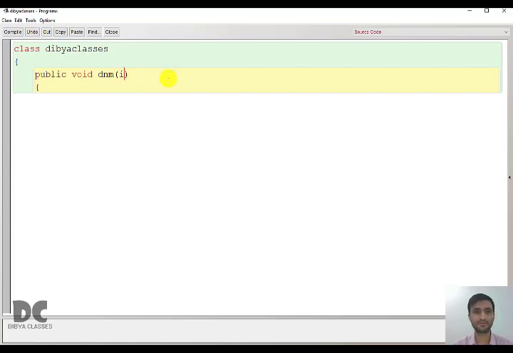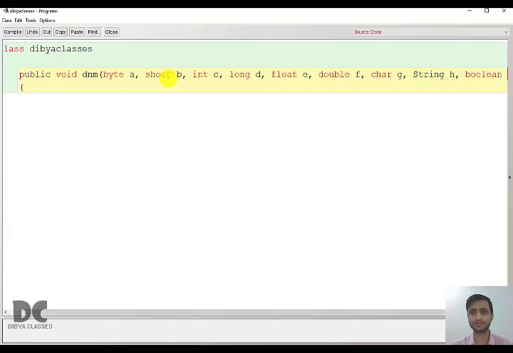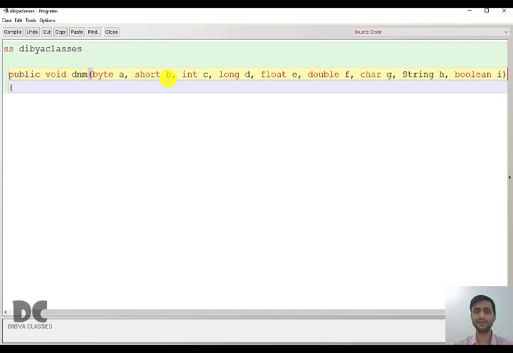I will start from byte, then short, then int, then long, then float, then double, then char, then string. String S should be capital because it is not a primitive data type, it is a class type data type. Then last is boolean. Okay. So here I have taken total 9 inputs: 1, 2, 3, 4, 5, 6, 7, 8, 9.